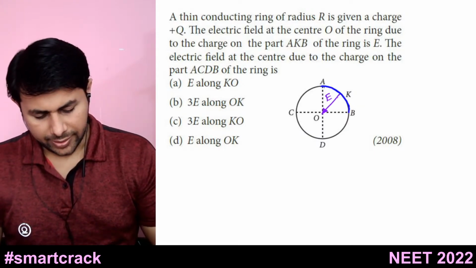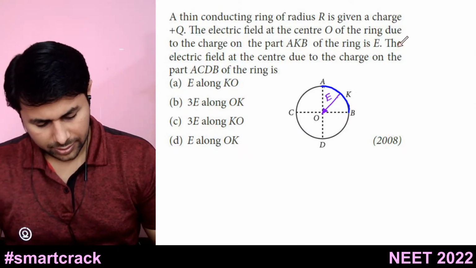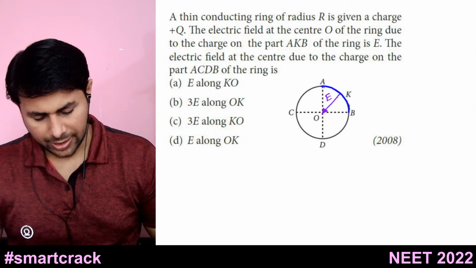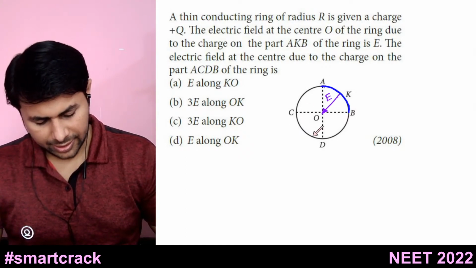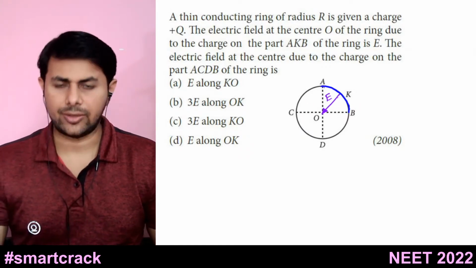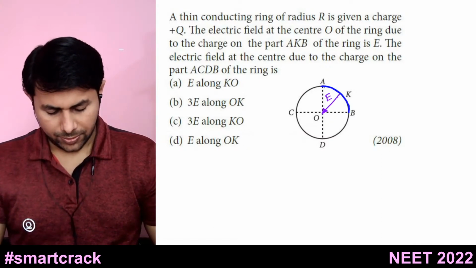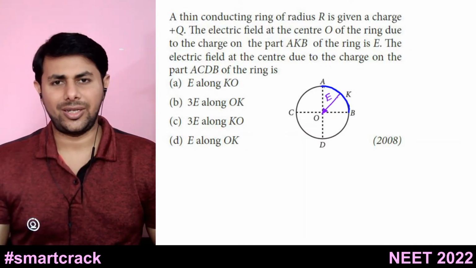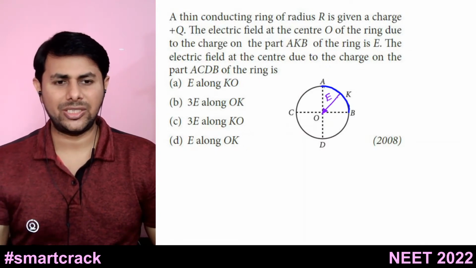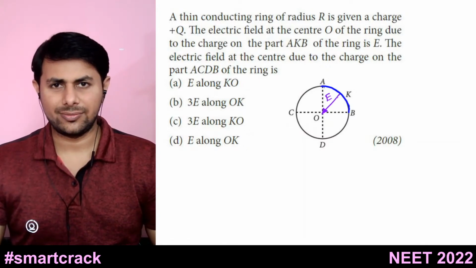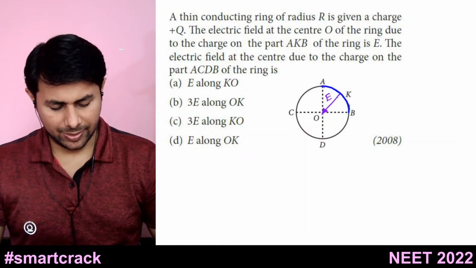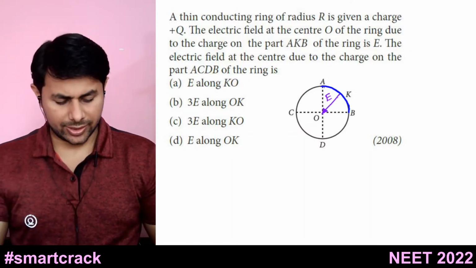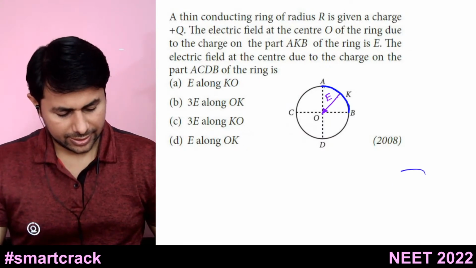Okay, then the electric field at the center due to charge on the part ACDB of the ring will be. So we know that electric field due to ring at the center, how much is it? It is 0, right? Electric field at the center is 0, because if this ring has, let's say, some positive charge,